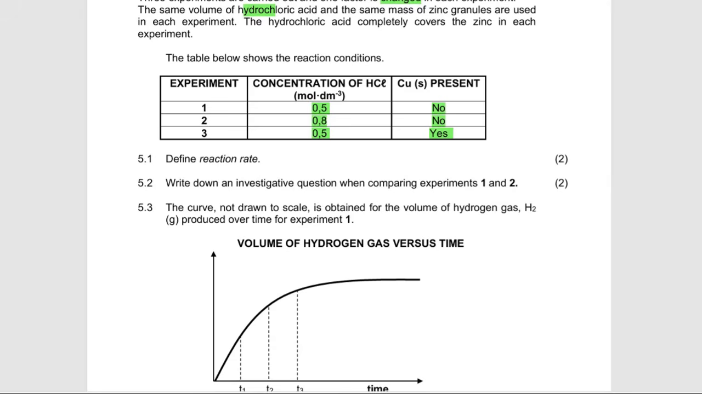So now we are asked to define the term reaction rate, right? This is the change in concentration of reactants or products per unit time. I'm going to say concentration, right? Of reactants, or of products, per unit time. So it's important for us to consult the exam guidelines when it comes to our definition of